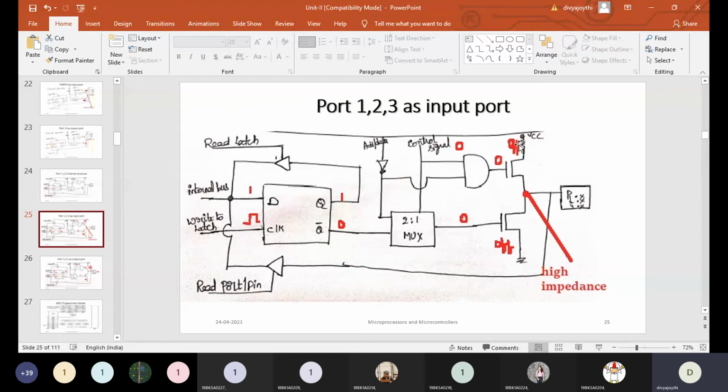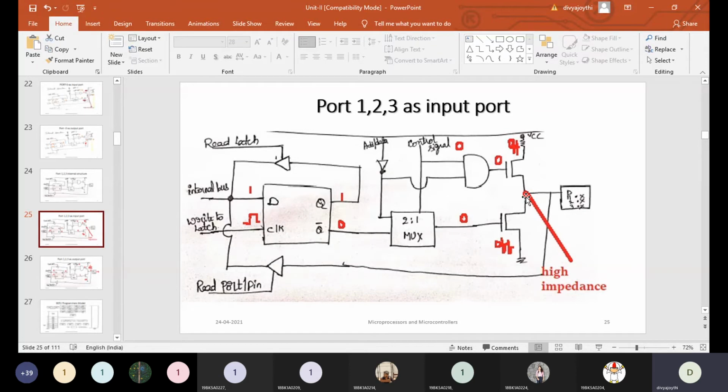So what this pull-up resistor will do is pull up this particular point directly to VCC. The value at this point, as of now, is nothing, no 0 and no 1. It is in an intermediate state. We call that state the high impedance state. So because of the presence of this internal pull-up resistor, the value at this particular point is going to be 1.